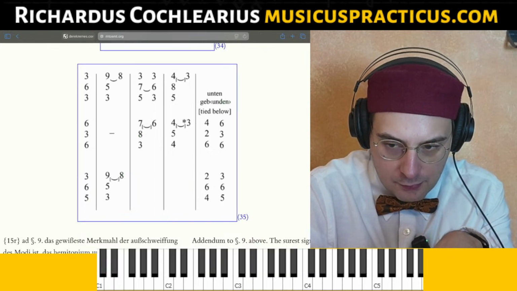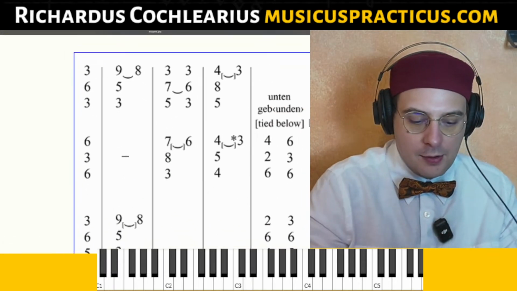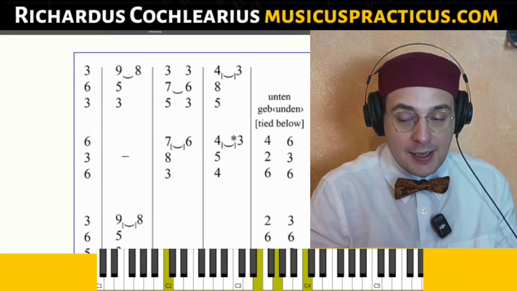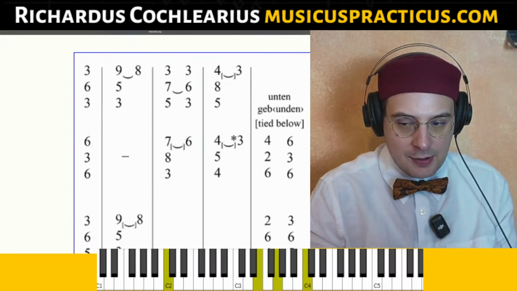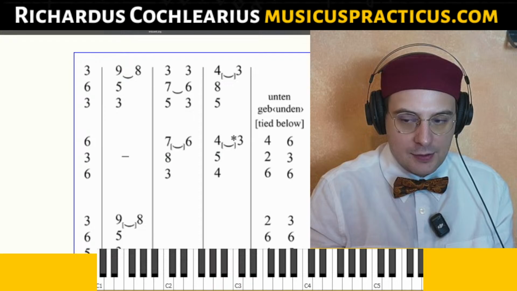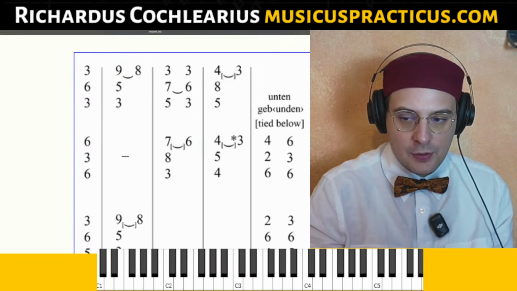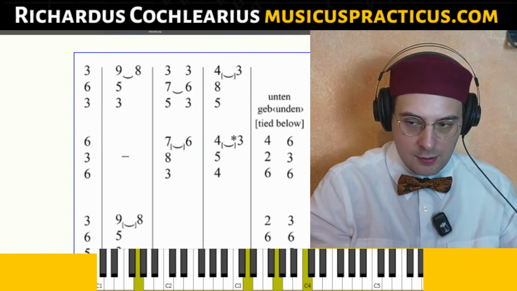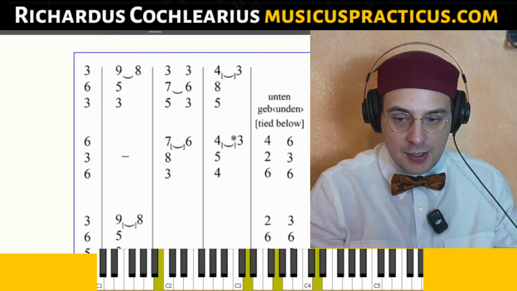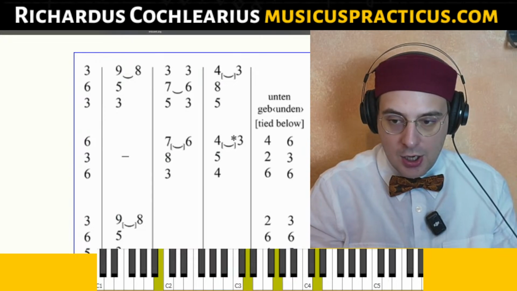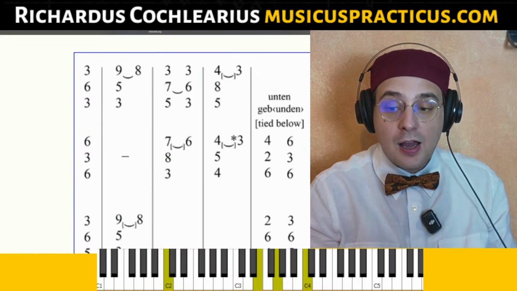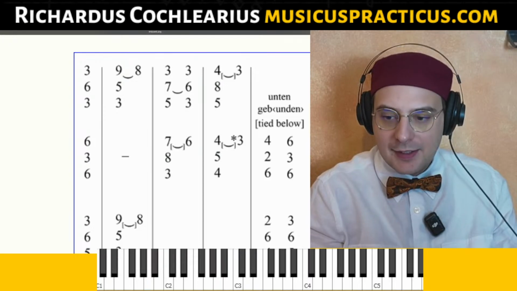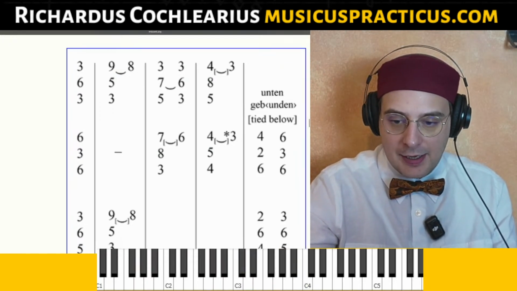We mean that we can use the 3, 6, 3 followed by 3, 5, 9, 8, then 5, 7, 3 from another point, because if we do this, mi, fa, 5, 7, 3, then of course it takes the sharp because we are in G major, and the cadence makes sense. Now, the second line,